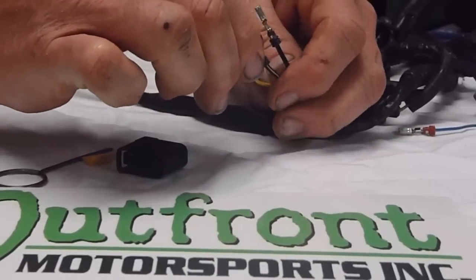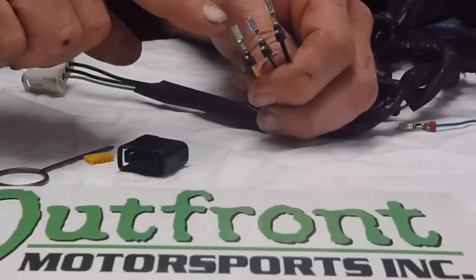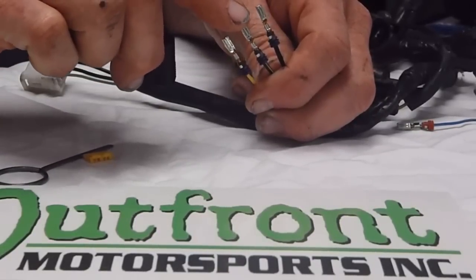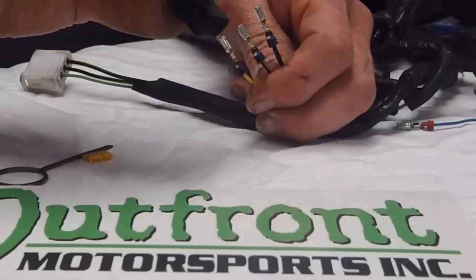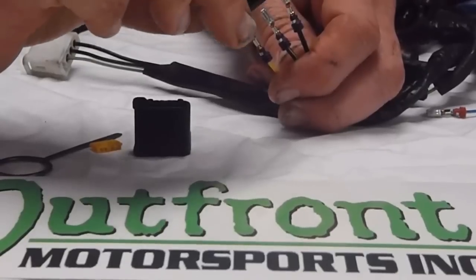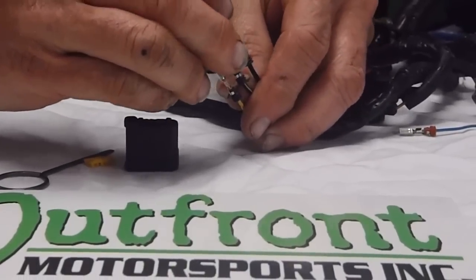Okay, sometimes you might get the order mixed up. Just for explanation, the signal wire is closest to the clip, ground wire is in the center, and power is opposite the clip. Now we take our new clip that we have provided, and it's as simple as plugging them all 3 in,